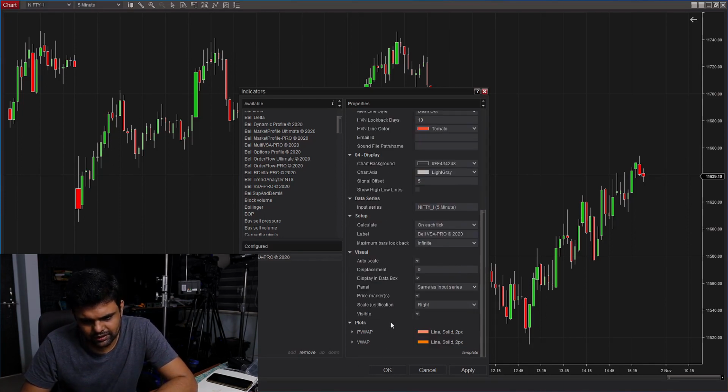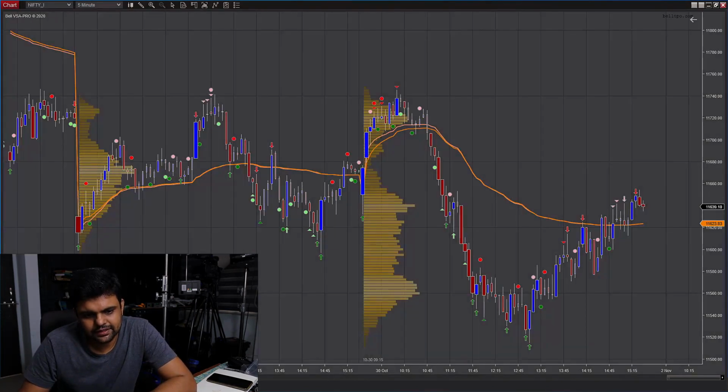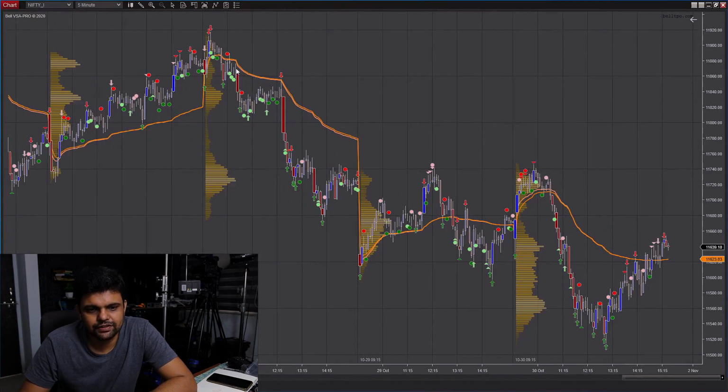So you go back down, nothing to change here. On daily chart we made it transparent because we did not want to plot it. Here we will not do that. We'll plot them. We'll change nothing and just click OK. Okay, so we have a nice VSA chart, 5-minute chart with VWAPs, volume profile and VSA signals on equi volume